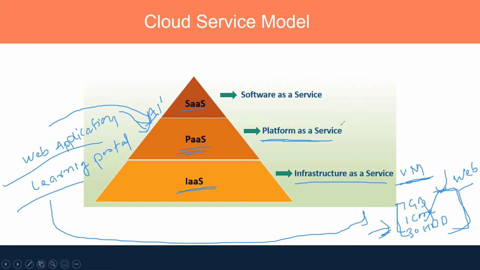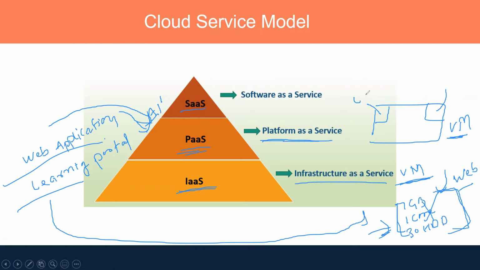So what would happen in this case? When you are taking the PaaS services, those PaaS services may be running on any kind of VM or virtual machine, and on that virtual machine, not only your PaaS services are running, maybe another user is also deploying their own PaaS services.